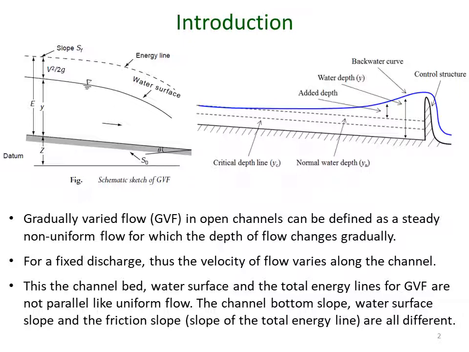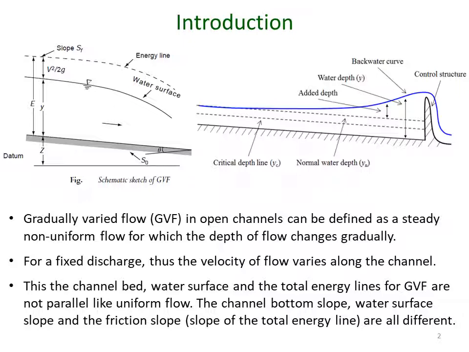So here we are looking at a non-uniform steady flow for which the depth of flow particularly changes gradually. So you can imply from that statement that for a fixed discharge, the velocity of flow varies along the channel. As the flow depth varies, for a fixed discharge, the flow velocity is going to vary along the channel. And that's why,